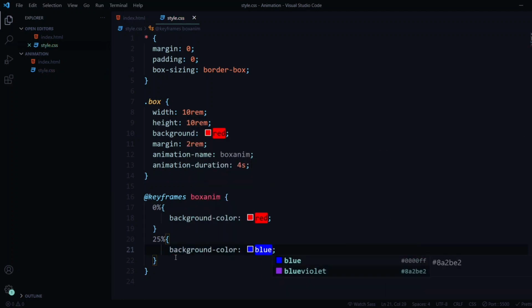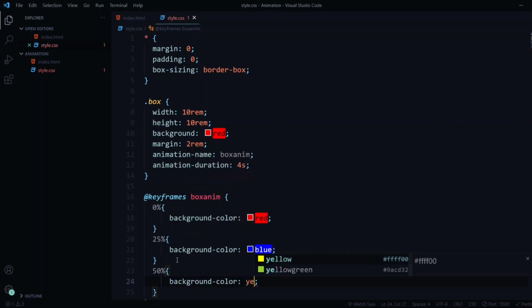Okay, and when we reach 50%, let's see what will happen. So here what we'll enter is, when we reach 50%, we'll add a background color of, let's say, yellow. We'll select yellow.